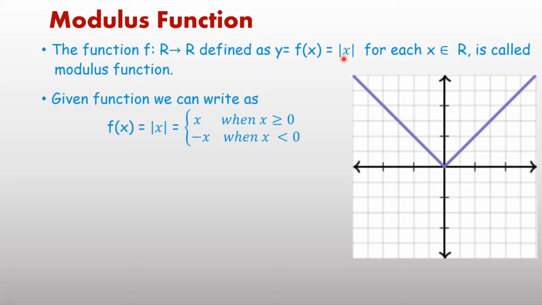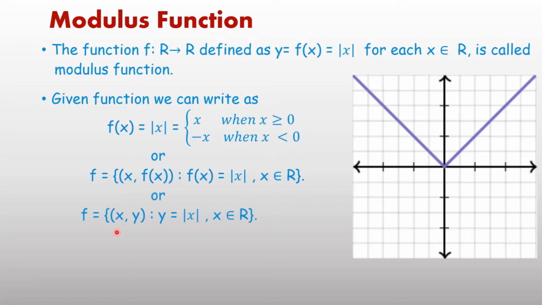X equal to minus 3. Since the modulus sign is used, whatever value you are writing inside the modulus symbol, its value will always be positive. If x equal to minus 4, f(x) equal to 4, means as defined here, (x, y) with y equal to mod x, or f(x) equal to mod x. X belongs to R represents that the domain of this function is real numbers. Or you can also confirm it if written as R to R, it implies domain real numbers, codomain real numbers. Range we have to find.